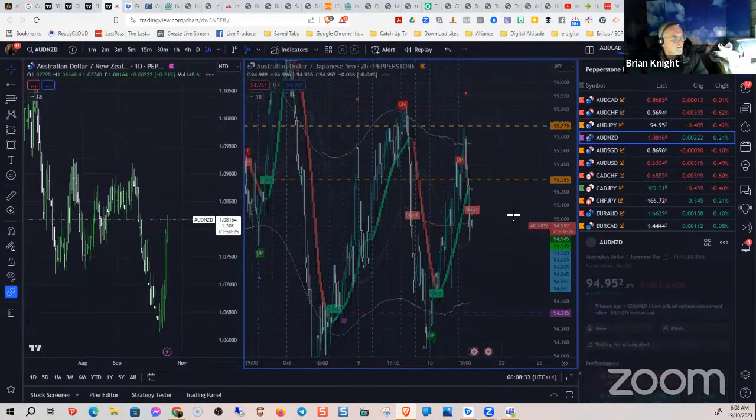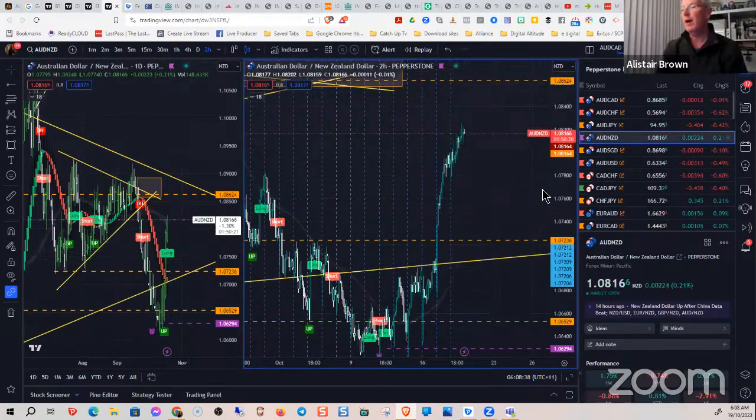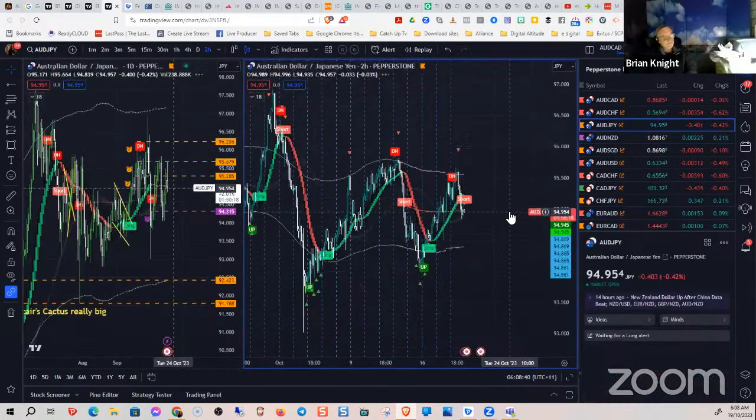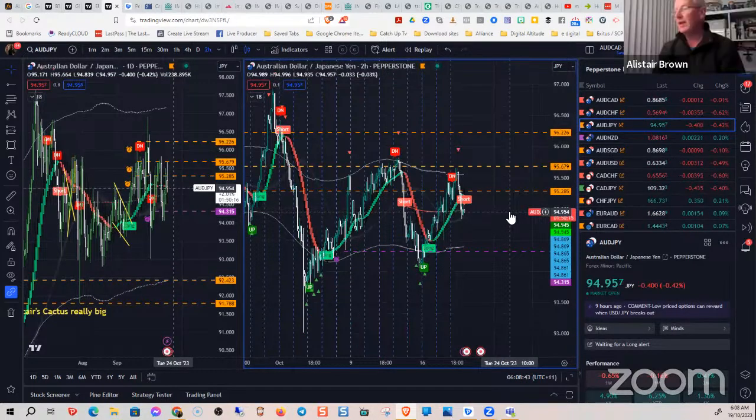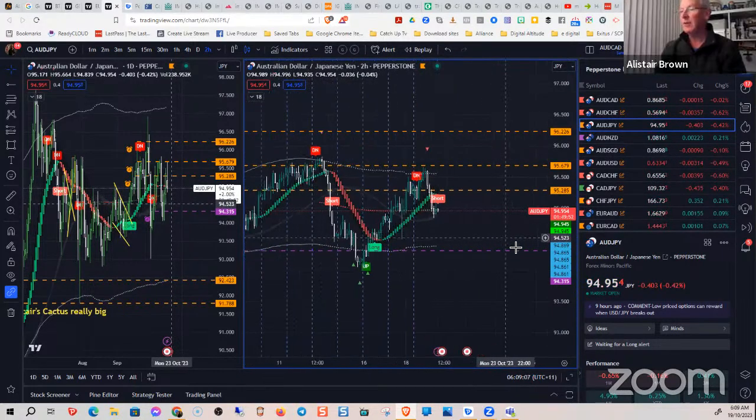AUD-NZD. Oh my gosh. Just back on the JPY. AJ. Yeah. So the good old 2 a.m. line went straight up to another one of these POIs I'm talking about. It hit it, retraced, and came all the way down. At about tea time, 6 o'clock, it came back up and bounced off it again, and it came right up. So yeah, I'm in that and it's doing well.